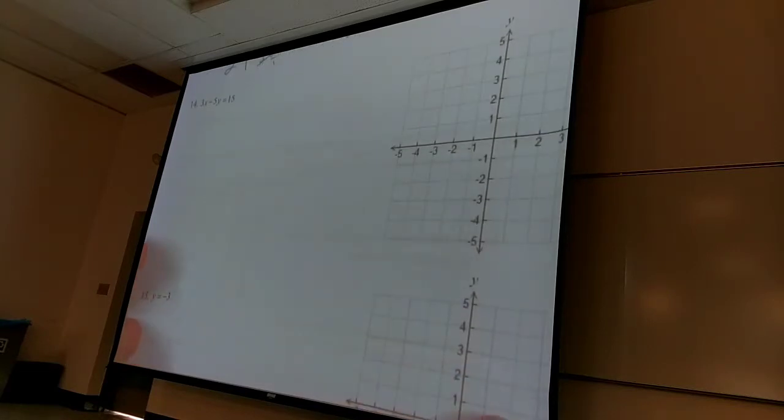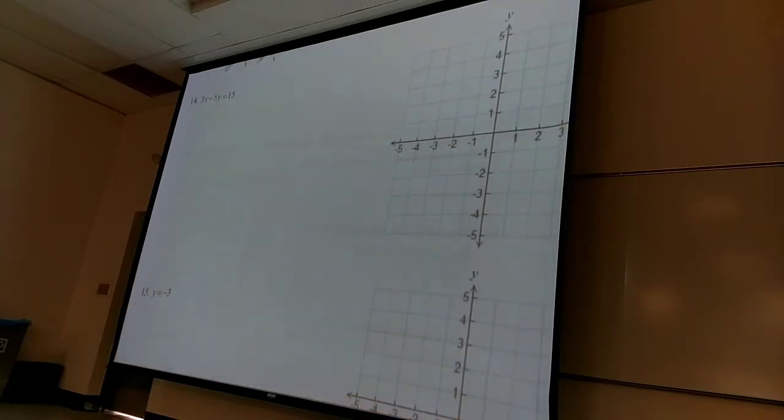What about 14? What's kind of the slightly better way to do 14? X and Y to 0. Yeah, finding the intercepts, especially because 3 and 5 both go into 15. So definitely would be good to find the X and Y intercepts. Can you solve for Y? Of course you can. Find the Y-intercept and the slope. It's perfect, right? If we do the intercepts first,